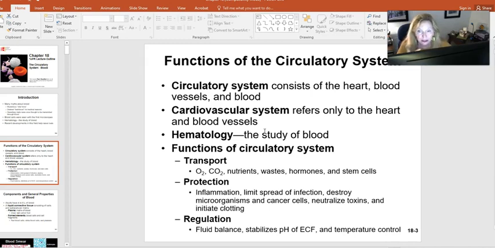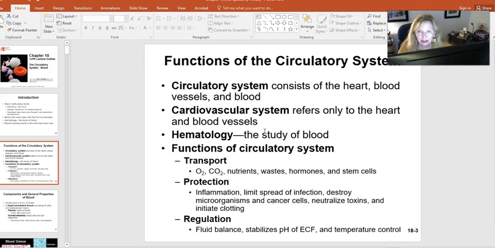So how nutrients are delivered, and nutrients in the form of gases like oxygen and the removal of CO2, waste products, hormones, and whatnot, how they're delivered is through the bloodstream. So blood is actually a liquid tissue that is part of the connective tissues that we studied when we were looking at histology. And some of those functions are to supply nutrients to the tissues and remove waste, but also